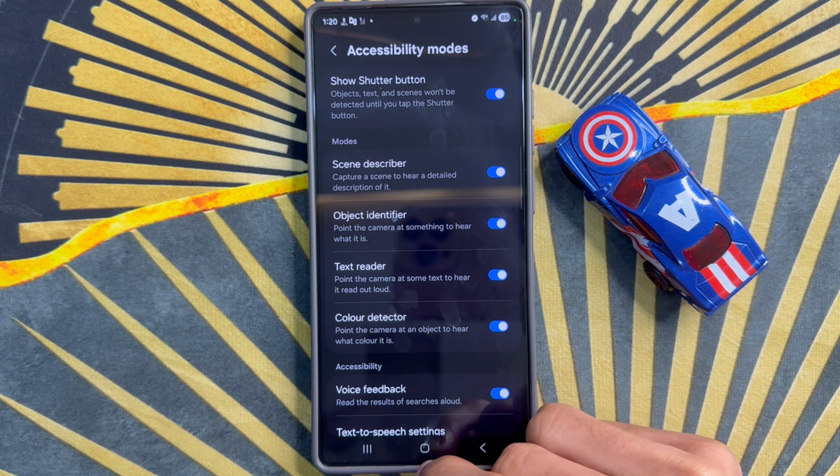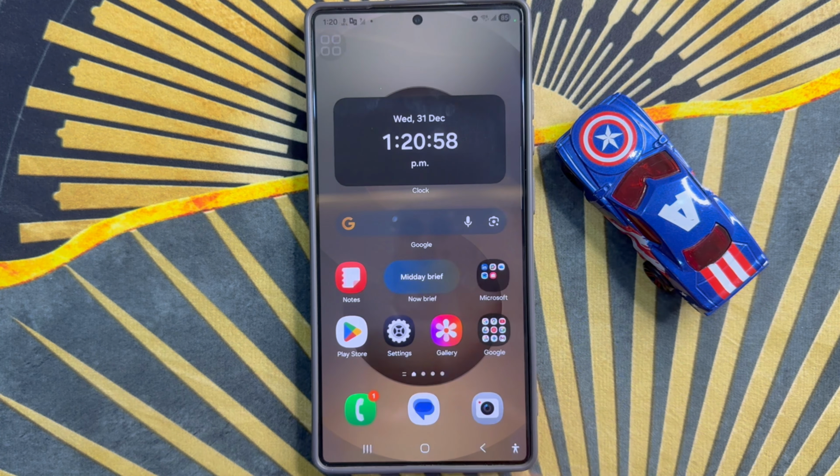After the process, go back to home screen, refresh phone. So that's how you can turn on or turn off, enable or disable Bixby text reader in seconds on